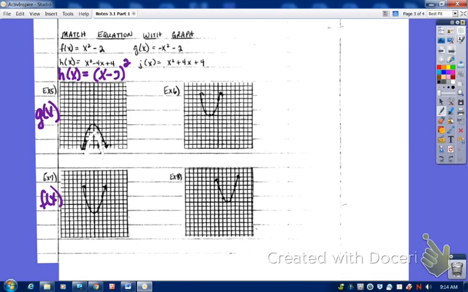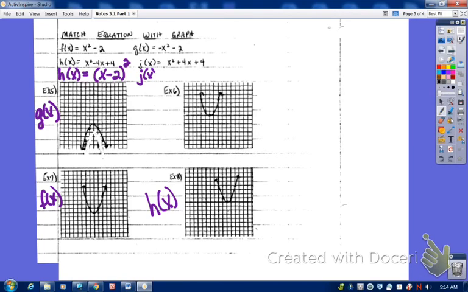X minus 2 squared. So once you get your x minus 2 squared, and you get that in what we consider some type of form that we can look for a transformation, since that minus 2 is inside the parentheses, that means we're moving to the right 2. So h of x would match with example 8. And then by process of elimination, j of x should match with example 6, but let's just make sure we